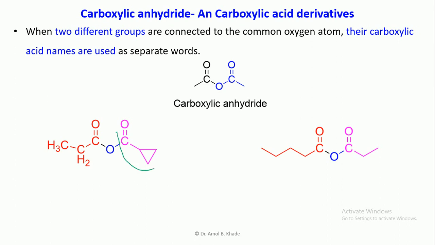Okay, so here you can see this is one type of group and this is another type of group. If you give numbering here, this will be 1, this will be 1, 2 and 3. This carbon is 2 and this will be 3. So how can you give the name for this? On one side we have a cyclopropane and on the other side we have the propanoic acid. When you see the alphabetical order, obviously this has a letter P and this has a letter C. So cyclo will come first and you can write